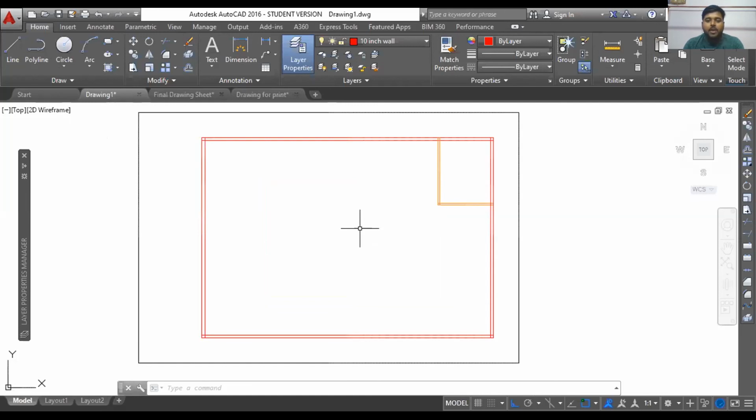If you have a drawing in feet and inches, simply set your sheet into feet and inches and start drawing. Don't worry about whether you have to represent it in millimeters, because you can do that later also. So don't worry about that. Just draft in the easiest or most convenient way you feel.